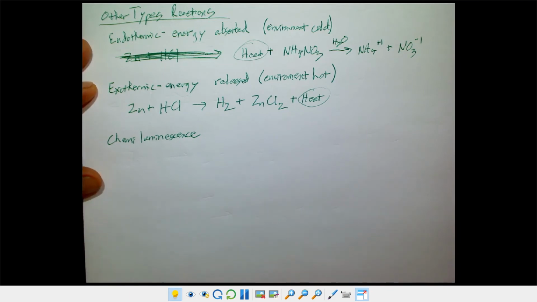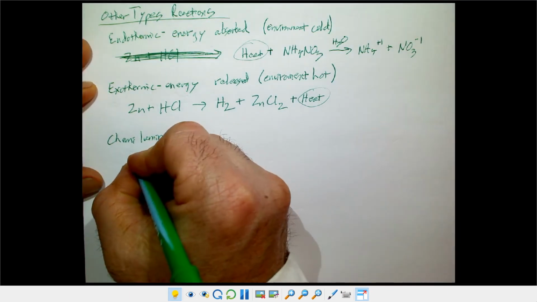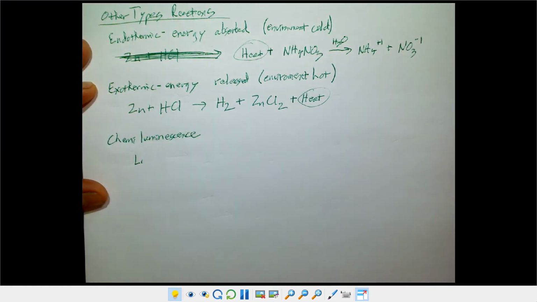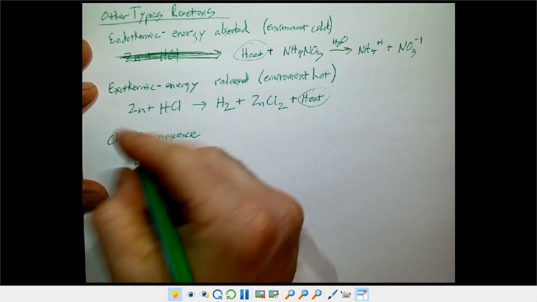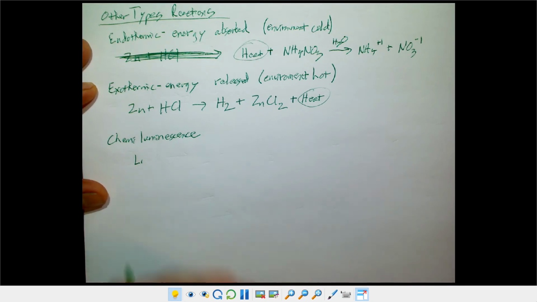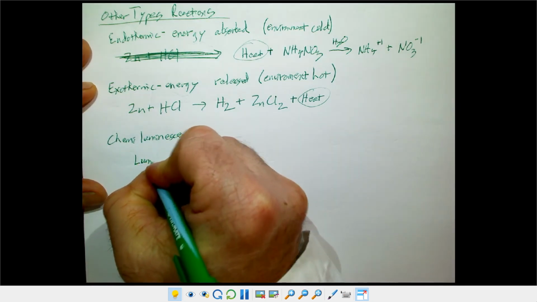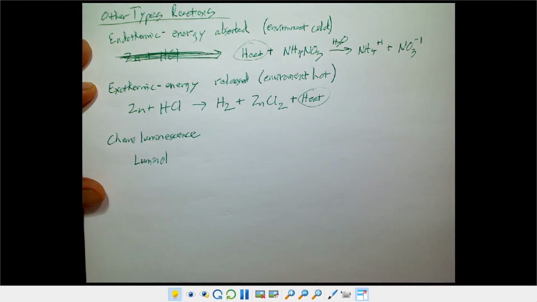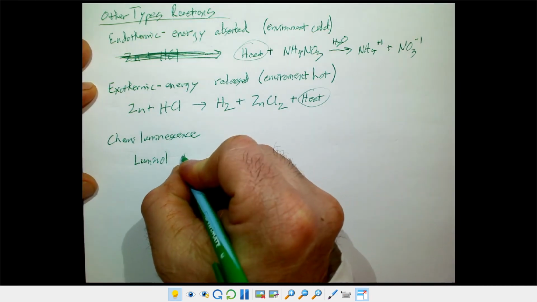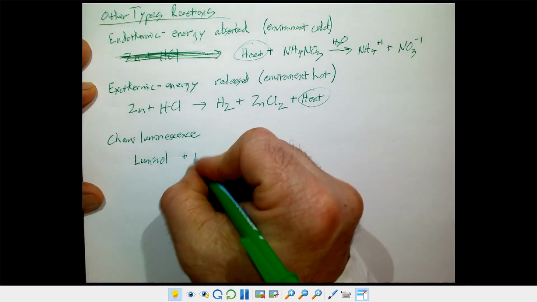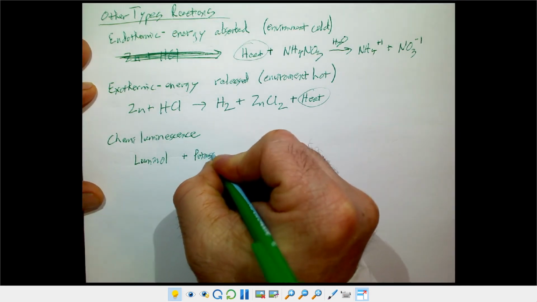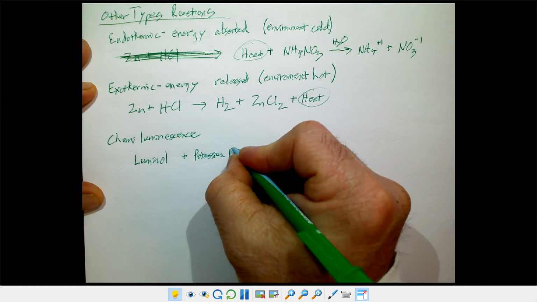So an example of that would be you can take this compound called luminol, and I'm not going to write the chemical formula version of it. I'm just going to go ahead and write a word equation for it, which just means you're using words instead of the symbols. So if you take a compound called luminol, and I'm going to demonstrate this later for you guys, and you react it with another compound called potassium ferrocyanide,